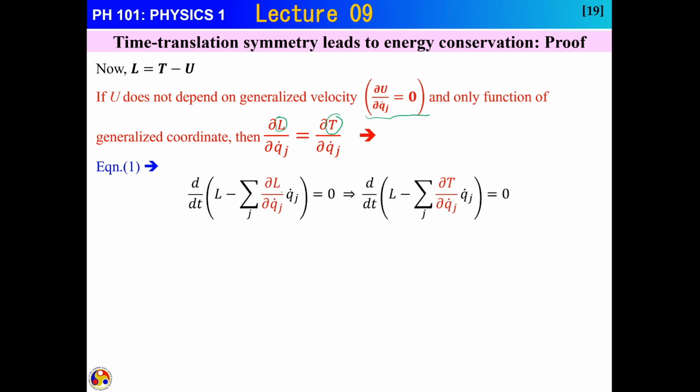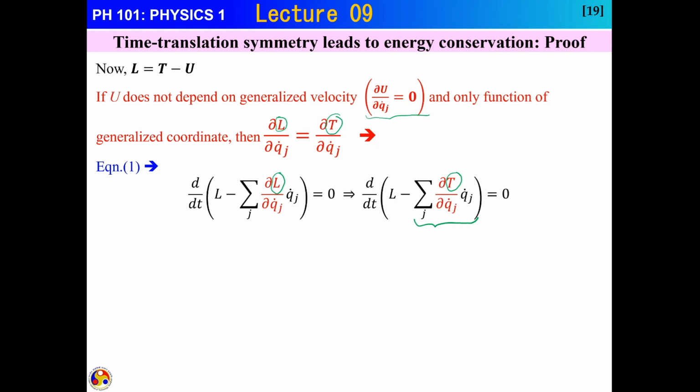So instead of writing the Lagrangian here, the derivative of the partial derivative of L by q dot j, now since there is no q dot part for the potential energy, we replace L by T simply. I hope there should not be any problem. Now if I can find what exactly it is, I'm in a position to prove the theorem, for which you need a simple example.